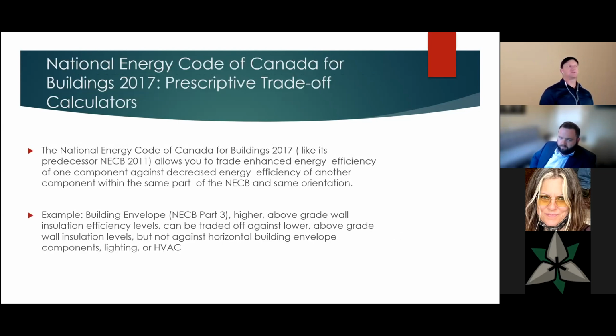So one of the things we can do in order to increase our accuracy in thermal modeling is to use the prescriptive trade-off calculator available to us through the National Energy Code for Buildings 2017. Now, they have talked about eliminating the trade-off system, but I don't know if they will anytime soon, partly because it's actually a really fair system that was essentially developed and pitched by Gary Sturgeon from our industry, one of the technical gurus in our industry,